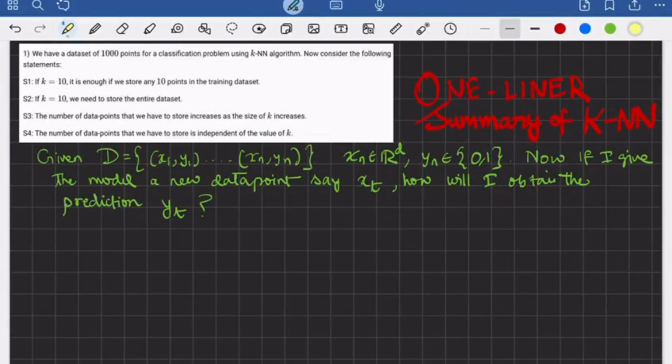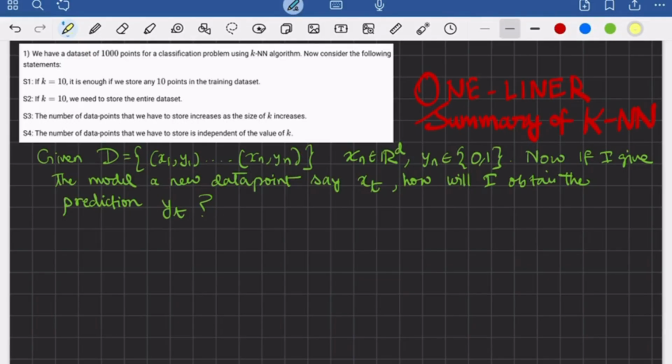Alright, so here we have the first question, which is based on KNN. Before solving this question, let's look at a one-liner summary of what KNN is. So here's the setup. We have a data set, x1, y1, x2, y2, and so on up to xn, yn,